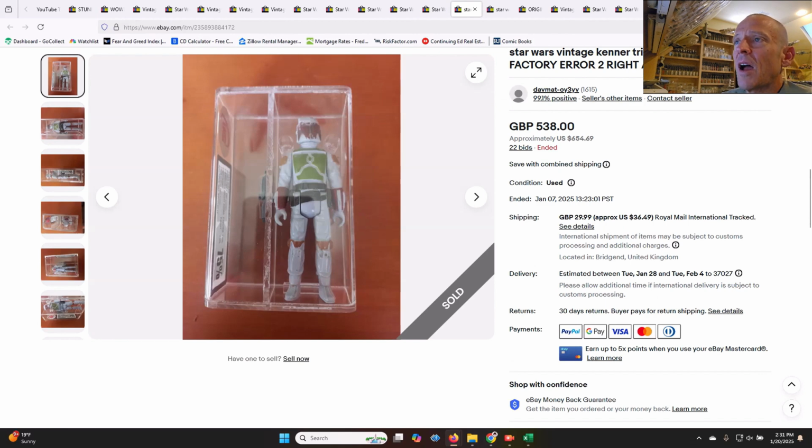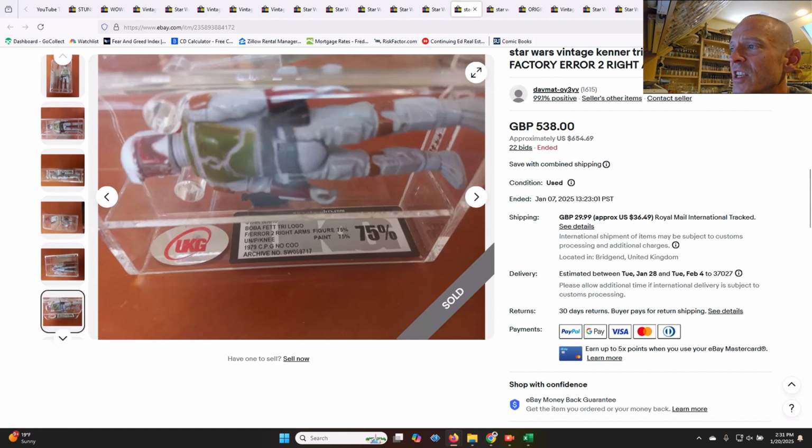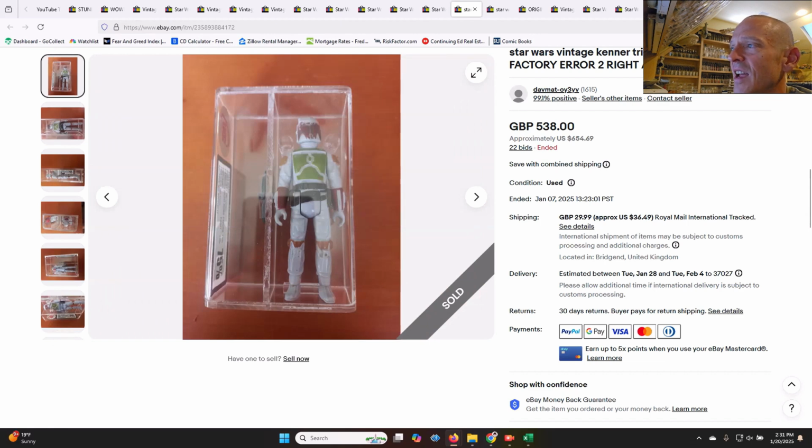Here were a couple of oddities. This one was certainly interesting. This one was a tri-logo or Spanish PBP light blue Boba Fett. Now, it was only graded UKG 75, but it was an error. And you can see there, it's the unpainted knee, but it had two right arms. So factory error, two right arms. And you can kind of see that here,